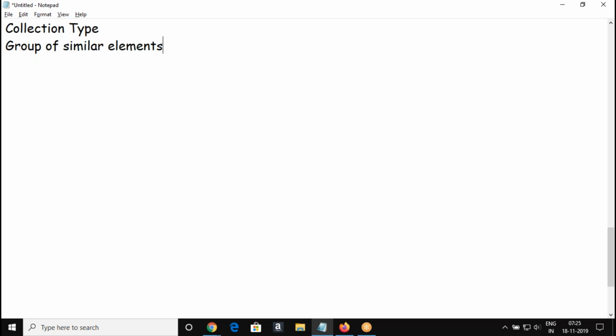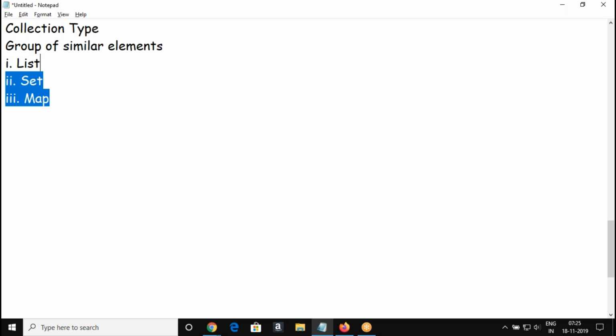It means account, contact, or any standard objects. So collection is also a way to store a group of similar elements. Okay, and the collection is of three types: list, set, map.